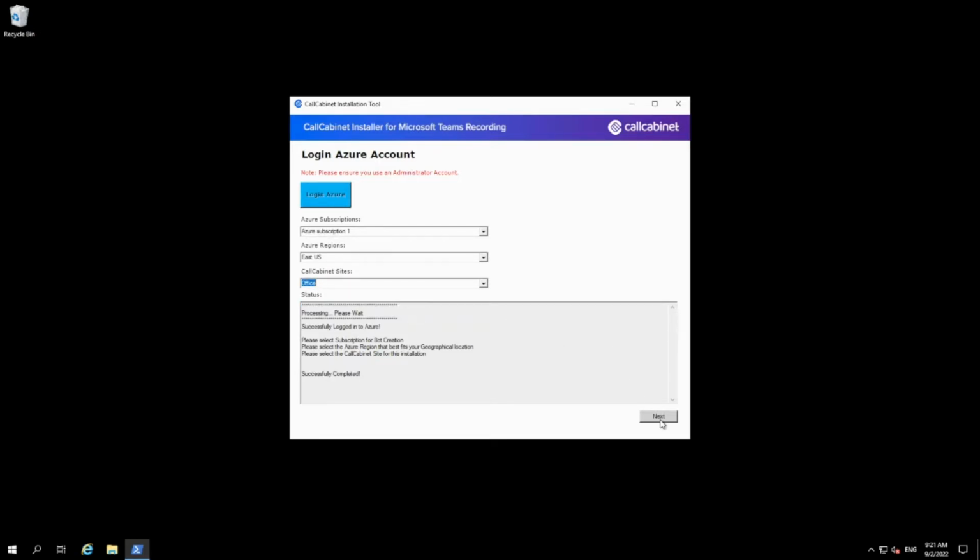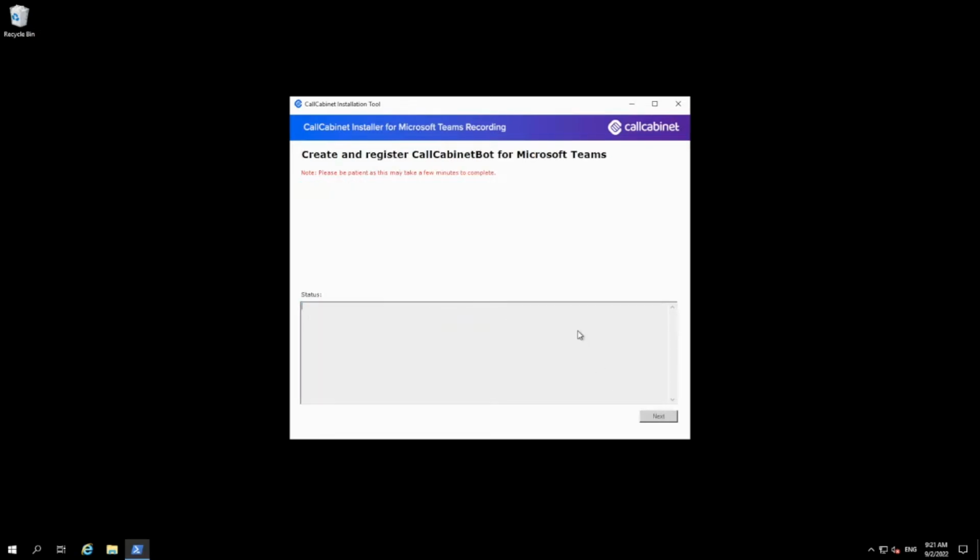The installer will now do the following automated tasks on your organization's Azure tenant. Firstly, it will create a new resource group called CallCabinet Bot in your tenant. Then it will create and configure a new Azure bot in the CallCabinet Bot resource group. It'll then configure the Microsoft Teams channel for the new bot and create and configure an Azure recording application in your